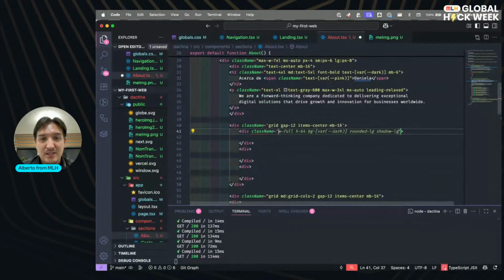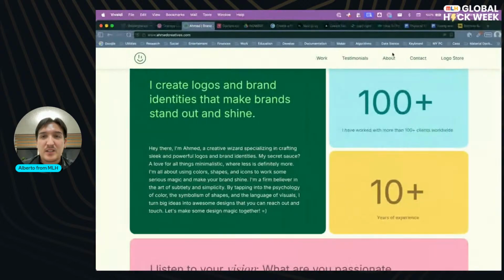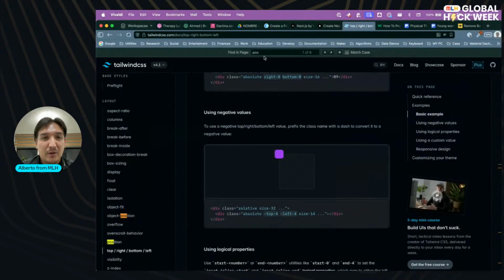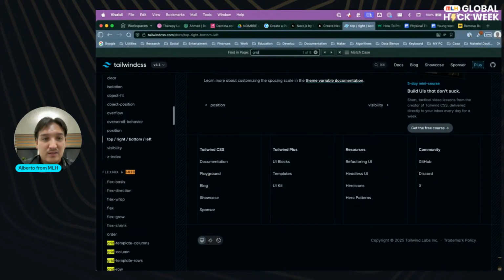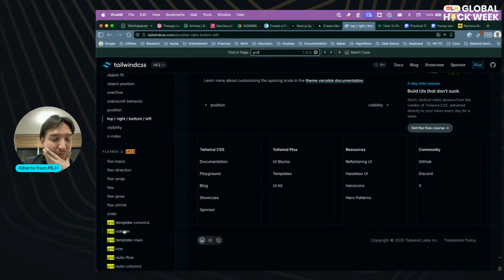Class names with rounded. Let me see the grid template.